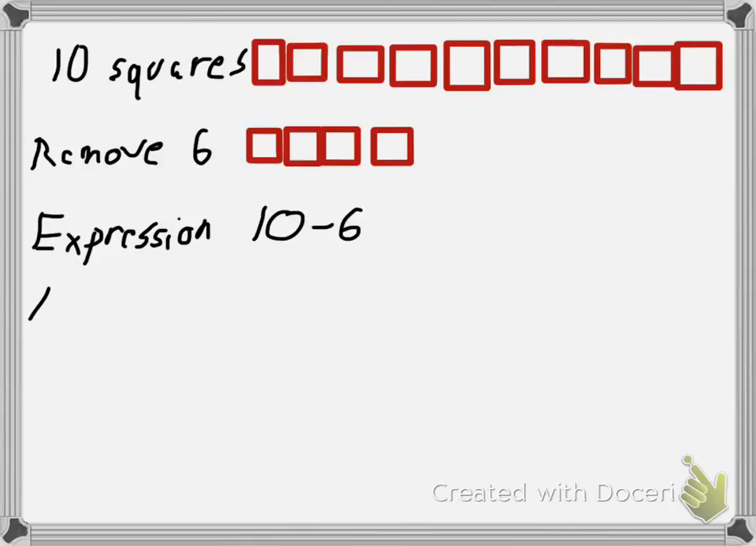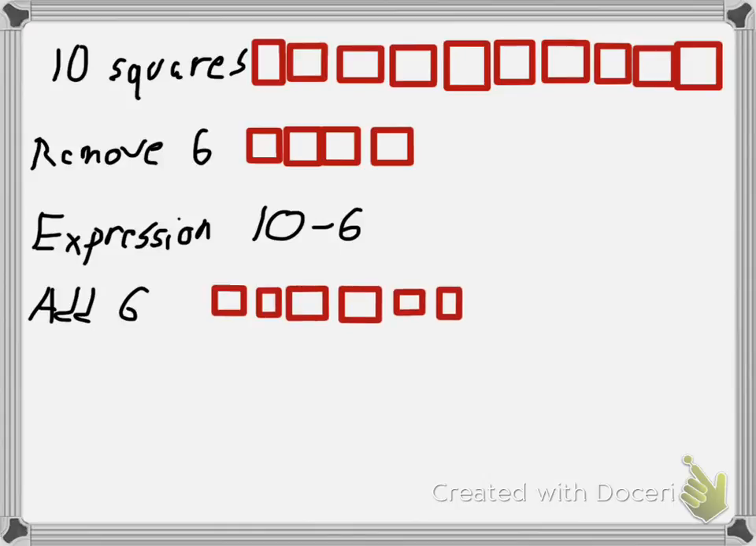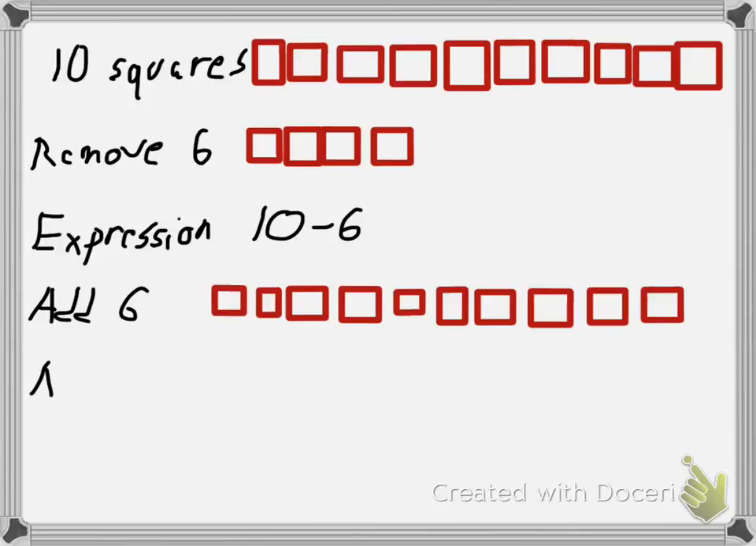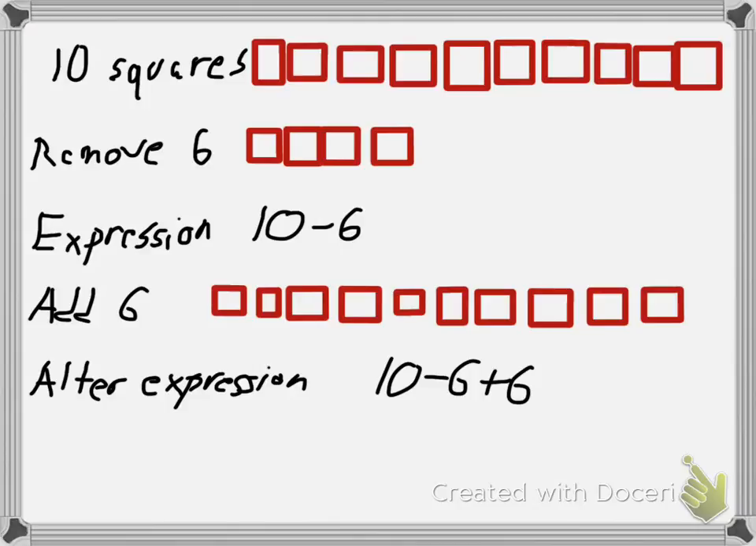Well, now let's go ahead and add 6 squares back. So if I add 6 squares back, I had my 4 that I started with, 2, 3, 4, and now I'm going to add 6. 1, 2, 3, 4, 5, 6. So now what I want to do is alter my expression. Meaning, let's change the expression we started with, 10 minus 6, to show what we then did to it. Well, then I added 6. So I'd have 10 minus 6